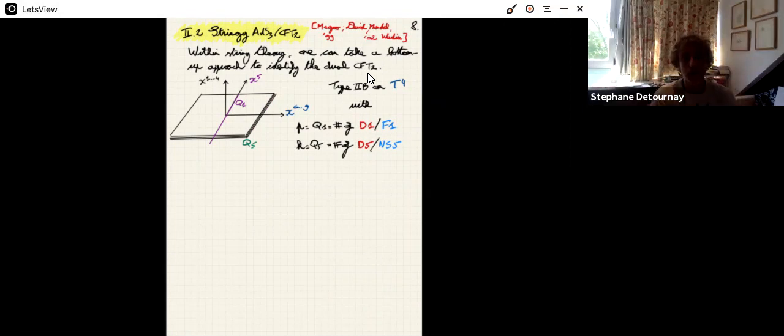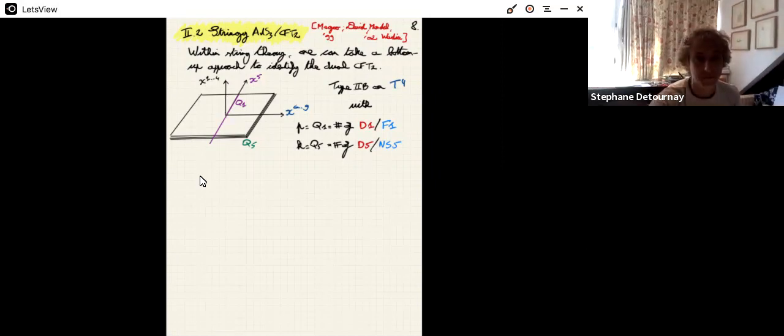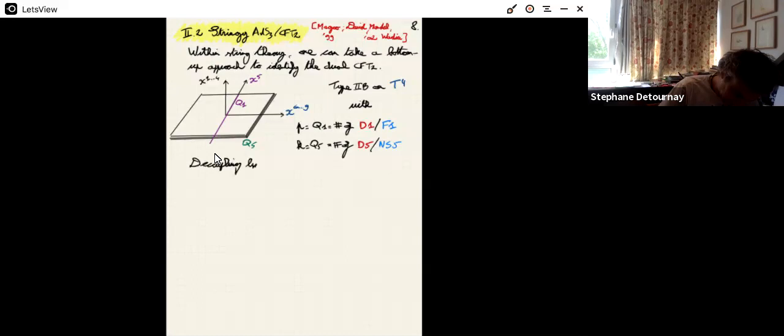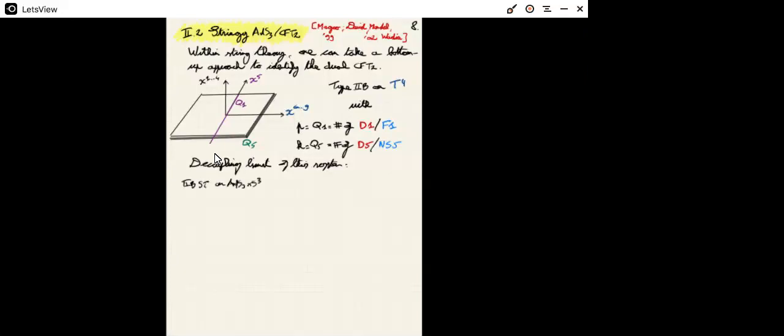So the setup to explore AdS/CFT in string theory is to consider type IIB compactified on a 4-torus, and considering a stack of D1 branes or F1 branes, and a stack of D5 branes or NS5 branes. So the 5 branes are wrapped around the torus, and they have an extra direction that they share with the D1 string. Now, one can take the decoupling limits of the system, so the low energy limit, to find the statement of the string AdS/CFT correspondence, which is that type IIB string theory on AdS3 times S3 times T4